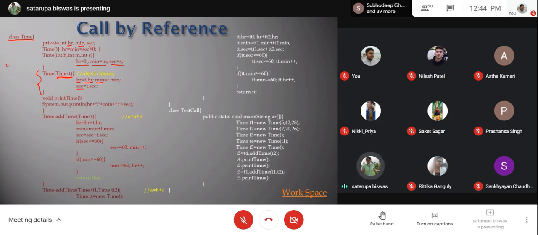Suppose it is given like 5 hours, 15 minutes and 32 seconds. That is to be added with 2 hours, 25 minutes and 40 seconds. So what do you do? You add the seconds first. So it is going to be 72, which is higher than 60. So it will be 12 seconds and 1 will be added to the minute part.